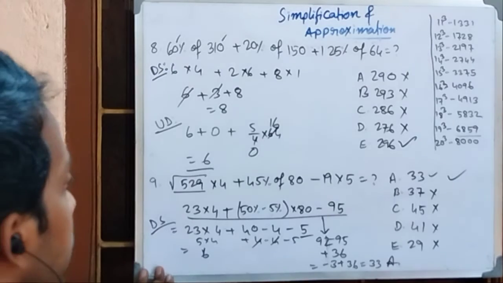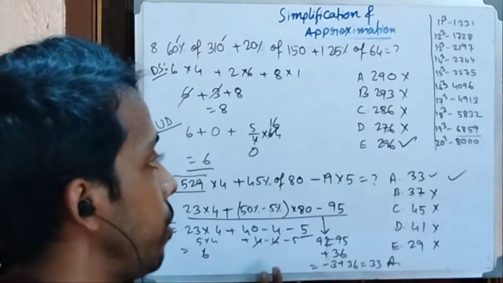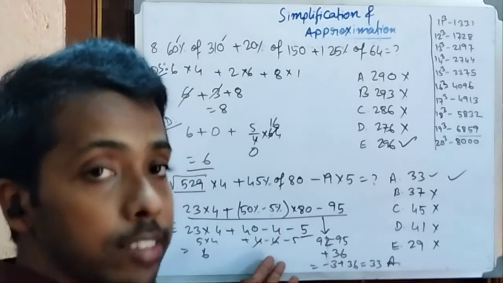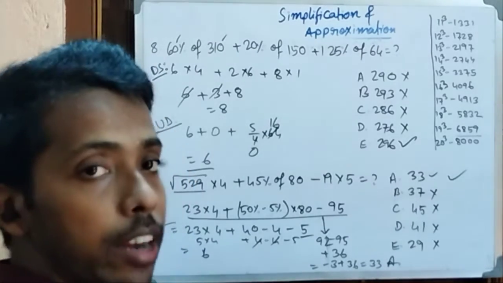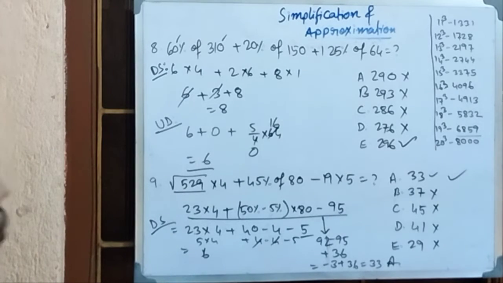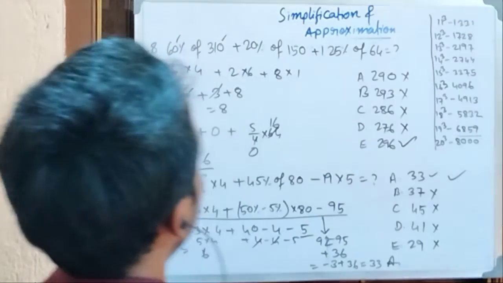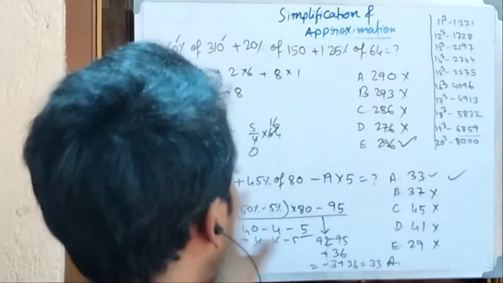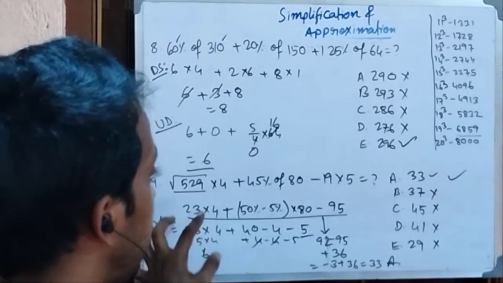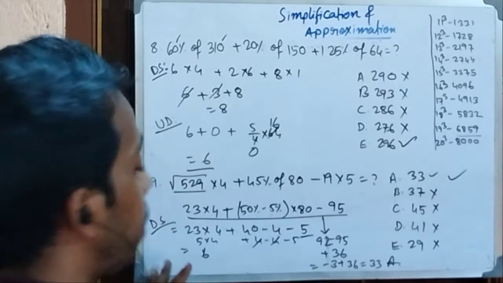Some of you have well understood this process and can solve it within 10 seconds as well. I have seen candidates who can solve it within 10 or 12 seconds. For that you have to practice. Whoever is doing it has done sufficient practice, so that's why they are solving it very easily. Even in the back of your mind you can solve this without writing a single number on the paper.